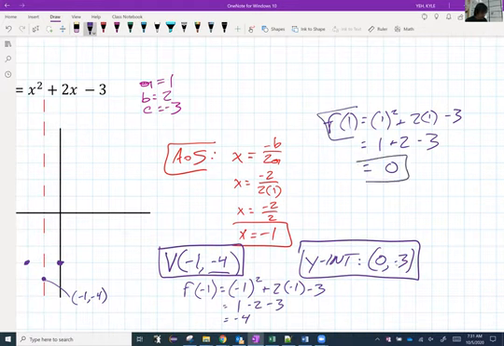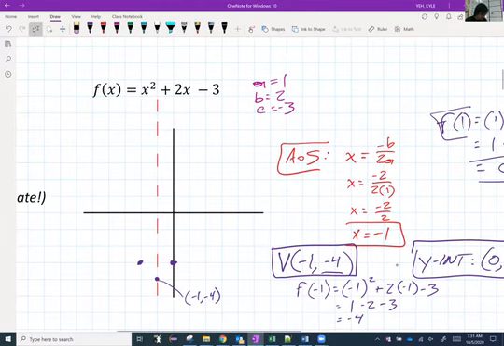So if f of 1 is 0, that means I can go 1, 0, and that's a point on my parabola. Which means then I can reflect it across the axis of symmetry. And now I have my 5 points. Now I can, oh gosh, that was terrible. That was still terrible. Drawing these guys in is not something I'm awesome at,